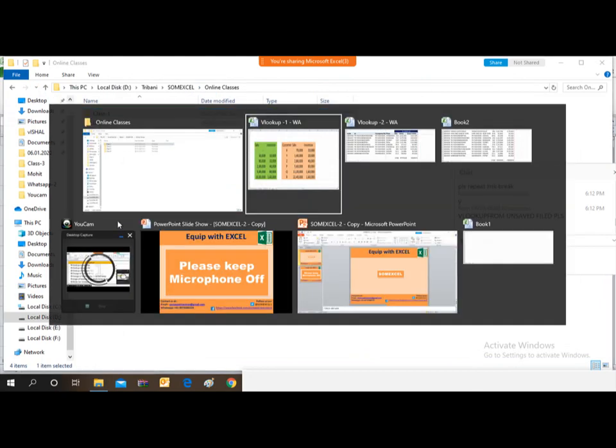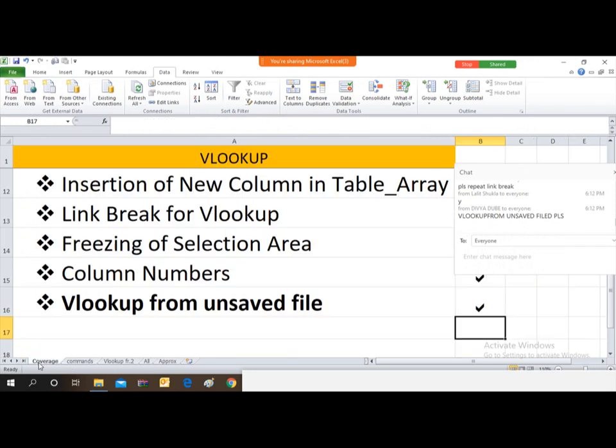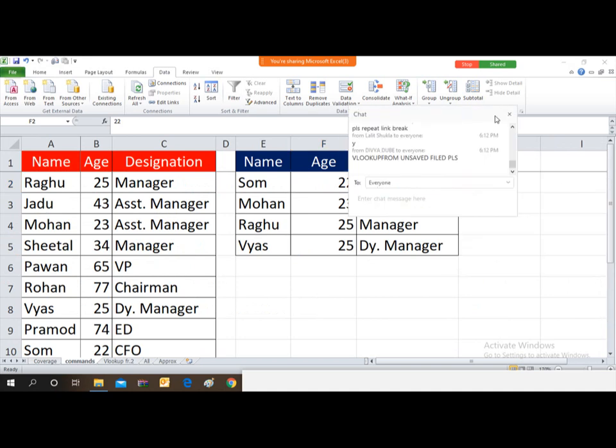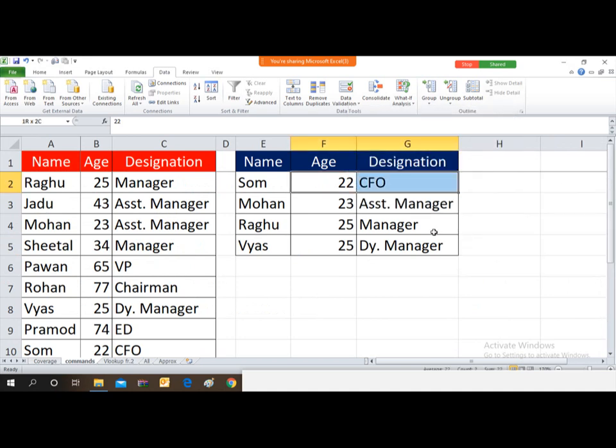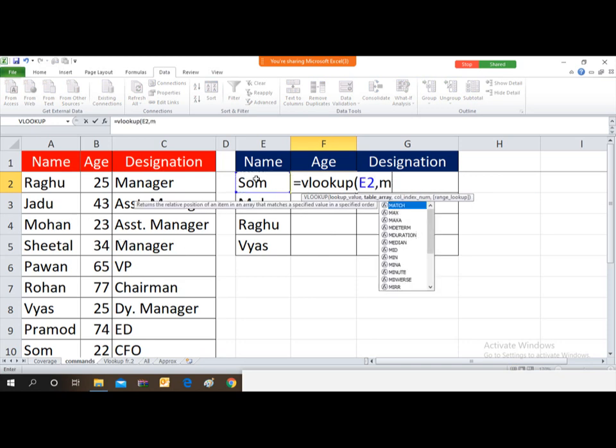एक चीज और मैं आपको दिखा देता हूँ जहां आपको सेल फ्रीज करने का रिक्वायरमेंट नहीं होगा. Let me just show you again where you are required to freeze the range. सो एक बार वो आप देख लो. Suppose I have typed the formula VLOOKUP against this name. कोई VLOOKUP यूज करना है, मैं जनरली क्या करता हूं यहां से डाल के then I select the range, select this data.